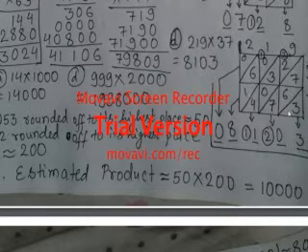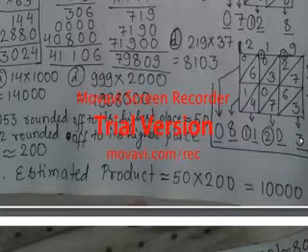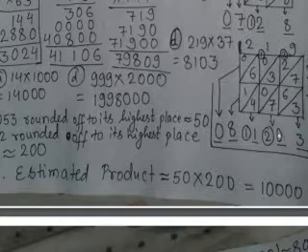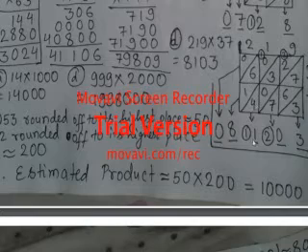So what will happen when you add? You can see 3 as it is down. Then 7 and 6 is 13, and 13 and 7 is 20, so 0 is there, and 2 will be carried over to the next diagonal. You can see this, and 2 and 2 is 4, 4 and 3 is 7, 7 and 4 is 11, so 1 will be there, and again 1 will be carried over to the next box.